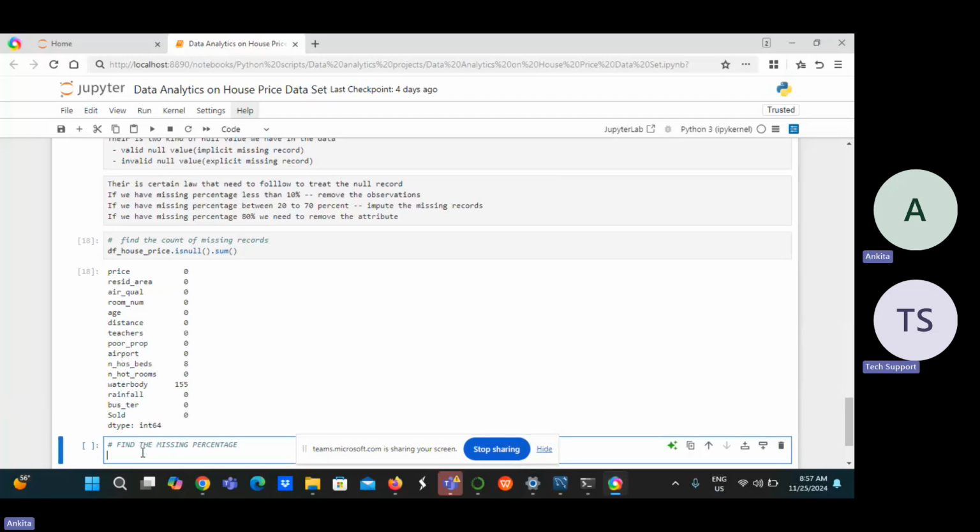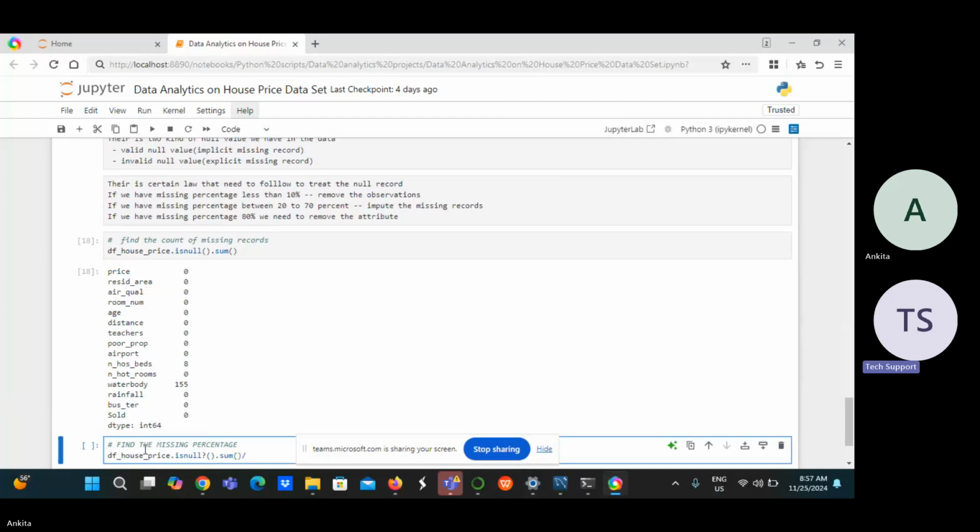Write the same code in line number 18. Divided by means slash,